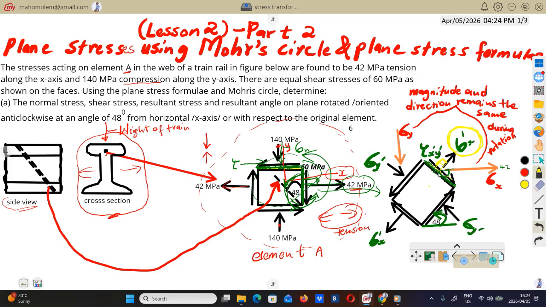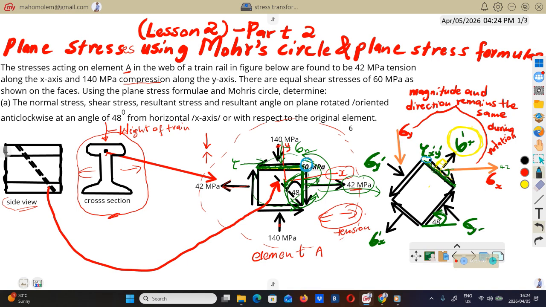And then we're going to have the shear stress as well after rotation. So this 60 that you see here is the shear stress, but this is the shear stress before we rotate this element. So after rotating the element, the shear stress value is no longer going to be 60. It's going to change to a certain value. So to calculate that shear stress,